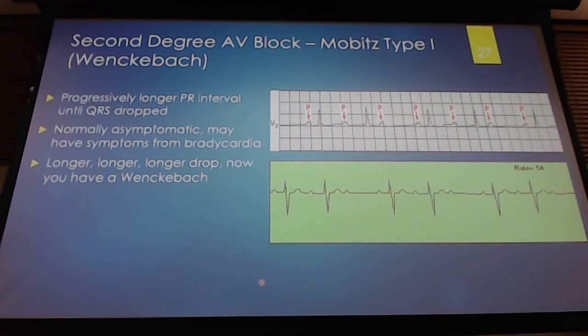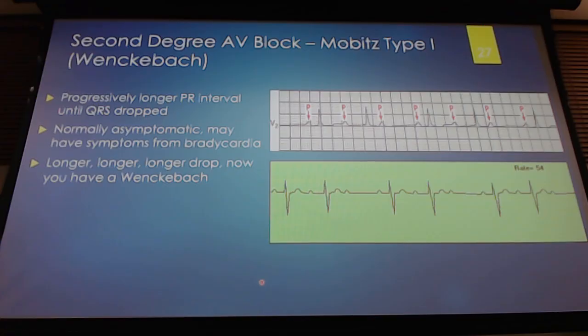All right, so that's first degree. First degree, prolonged PR interval greater than 5 boxes, and it's consistent. Every one that you measure is at either 6 or 7 or whatever it is, it's the same every single time. Now we have second degree Mobitz type 1, commonly known as Wenckebach. Okay? In a Wenckebach, we have this saying, longer, longer, longer, drop, must be a Wenckebach, which means the PR interval